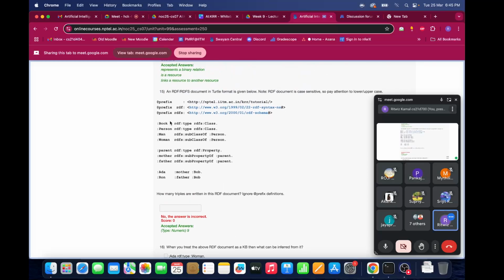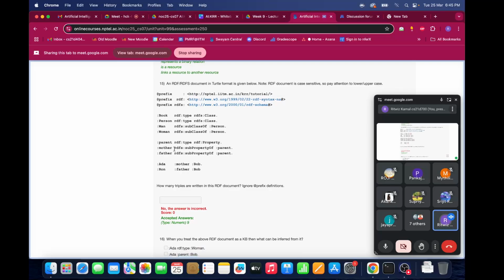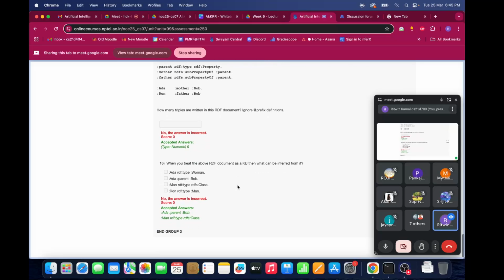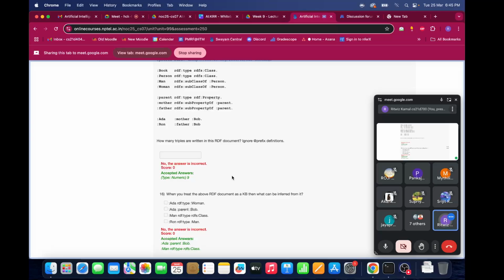So this says that book is a class, person is a class, man is a subclass of person, woman is a subclass of person, parent is a property, mother is a sub-property of parent, and father is a sub-property of parent, and Ada is a mother of Bob, Ron is the father of Bob. Okay, fine. We can infer that